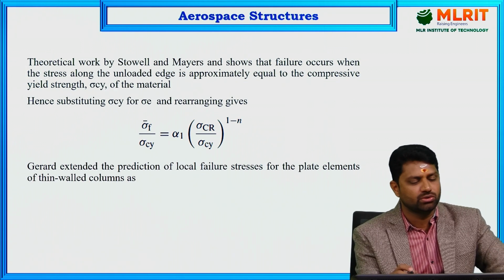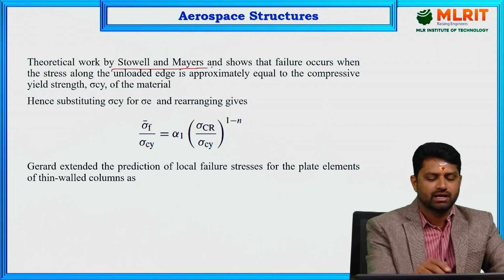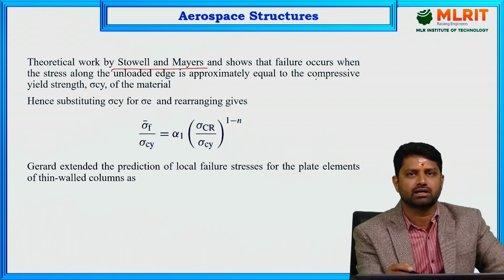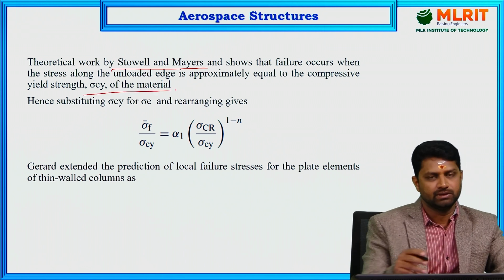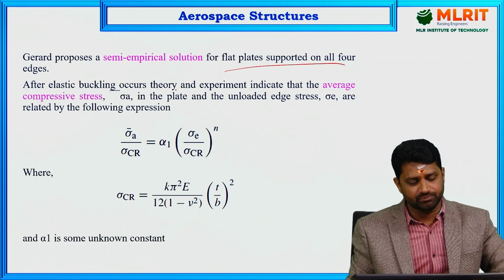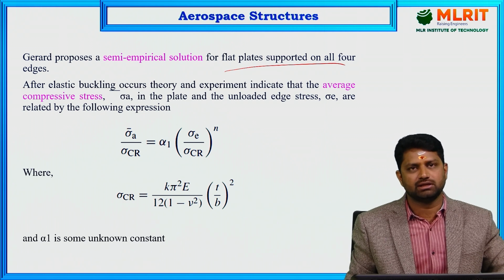And if you look at the other one, the theoretical work by Stowell and Mayers, they show that the failure occurs when the stress along the unloaded edge is approximately equal to the compressive yield strength, that is sigma Cy of the material. So earlier we have seen Gerard, and he proposed a semi-empirical solution by assuming that the flat plate which